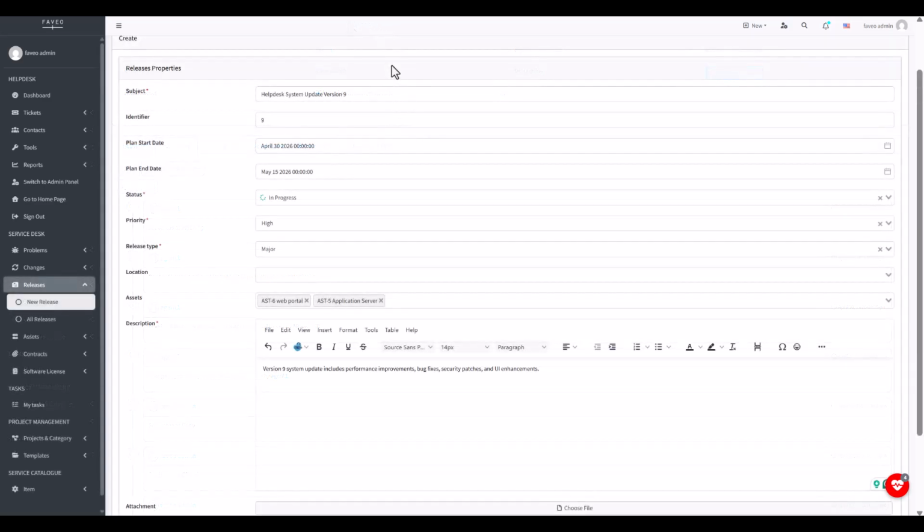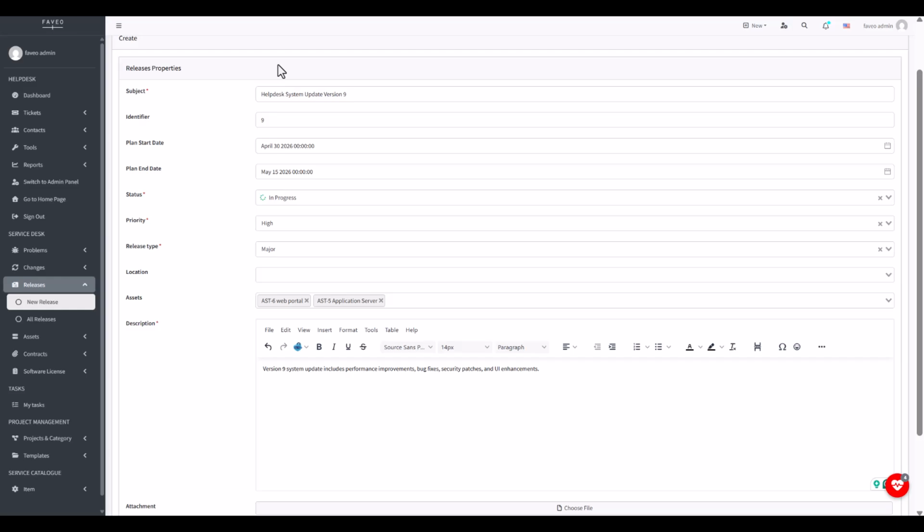Now let's explore release management. Basically, it's the process of planning, testing, scheduling and delivering new updates or changes into your live system safely. This can be software updates, new features, bug fixes, hot fixes, or even hardware or infrastructure upgrades. It's like a plant launch process for system updates.